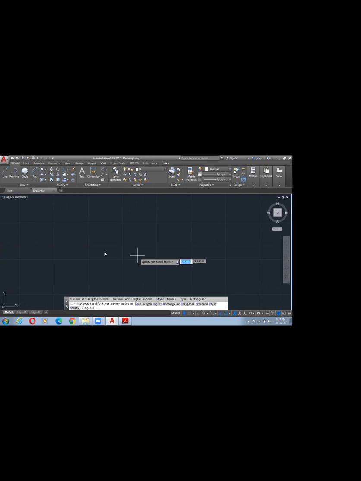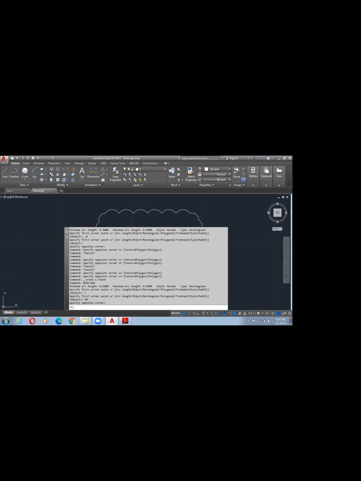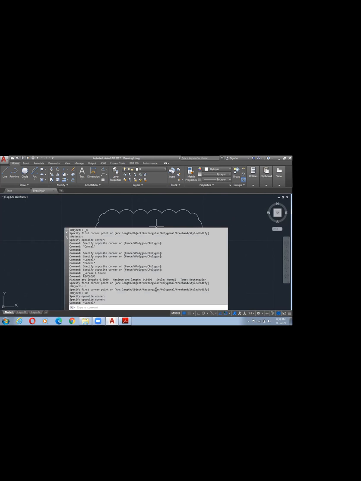Then rectangle 50. Now provide from first point to second point. As per our requirement, we can provide. First, select the rectangle. Select the radius, see, select the radius and then provide the diameter. As per that, from end point to other end, you will get the cloud.